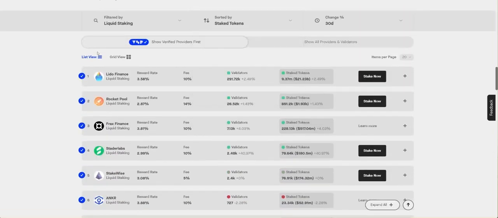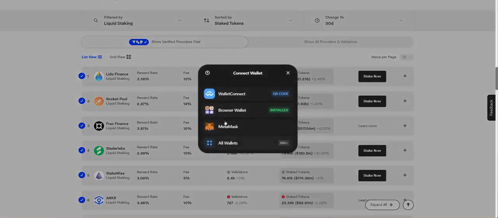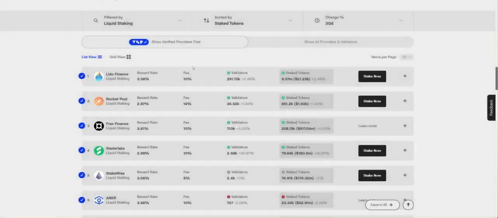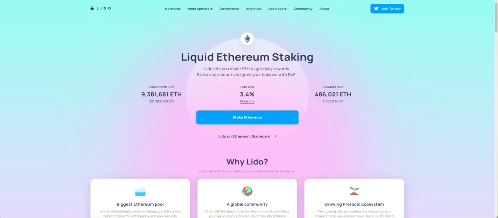And then if you scroll down, you also see all of the different staking providers that are here. And you can pick any of them and you can stake directly. So if you want to stake here, you can immediately do that. And if you want to stake using MetaMask or any of the other integrated wallets, you can do that. So that's generally staking. And how it looks is, if you go into Lido and you want to stake Ethereum,